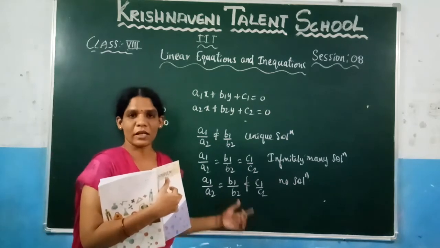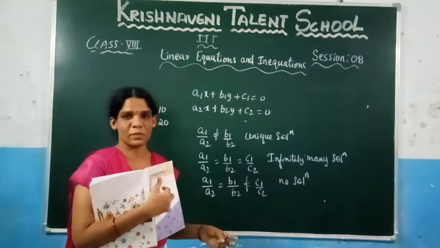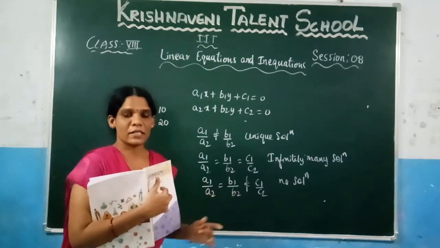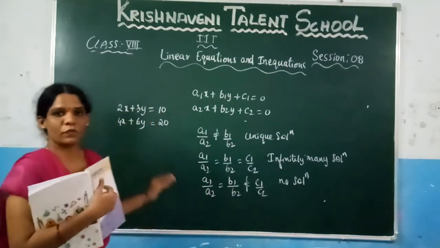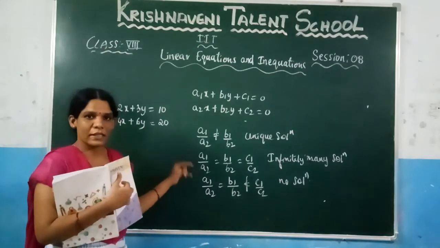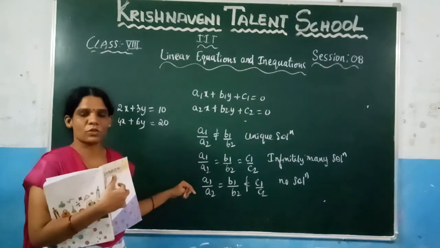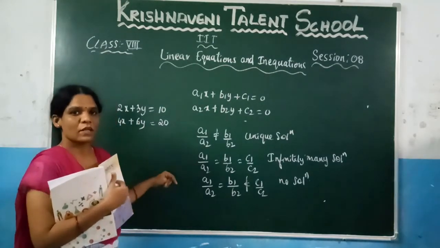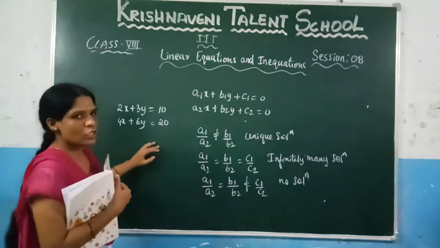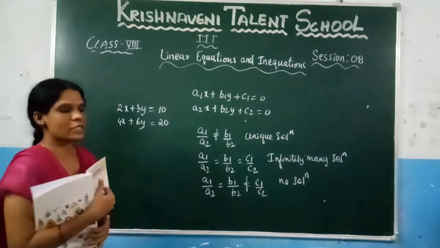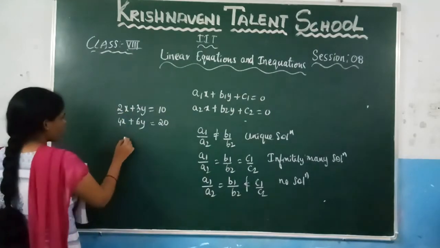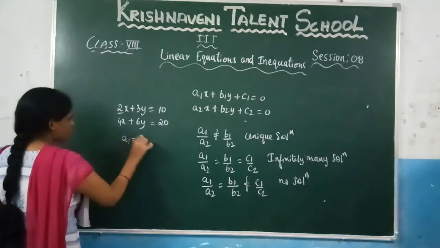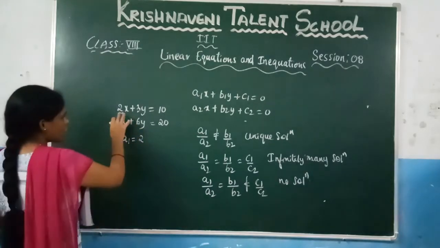That means without doing the elimination method, the substitution method, the addition and subtraction method, or the graphical method. These four methods you know. If you are given any two linear equations in two variables, you can solve by using those methods. Without using those methods, you can solve this one. So, how do you solve this? The value of a1 here is 2, because it is the coefficient of x.